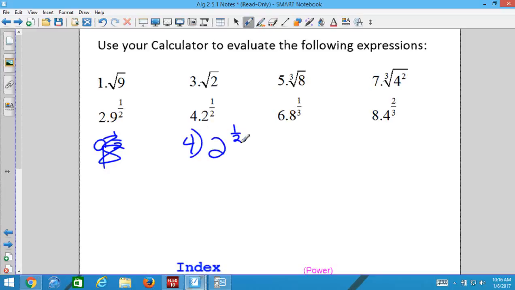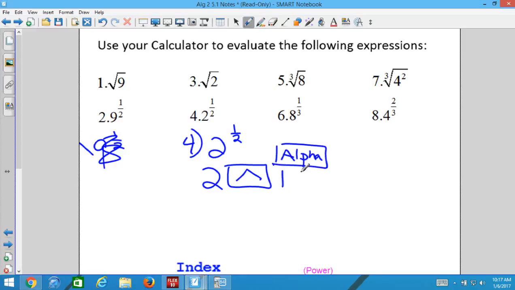2 to the 1/2. Just a reminder, how we did it yesterday is type in 2 and then caret. Depending on your calculator, if you have that button that makes fractions, how do we get to that fraction button? Alpha. You do alpha, then the y equals button, and then you hit enter. It brings up a template, you type in your 1/2, hit enter, and you get your answer, which is approximately